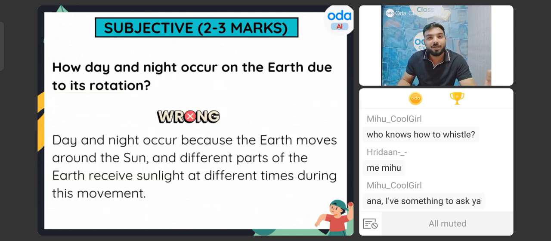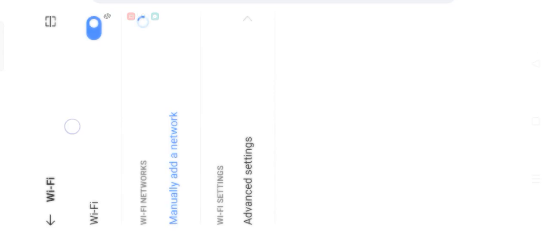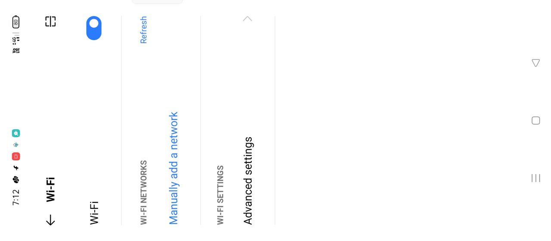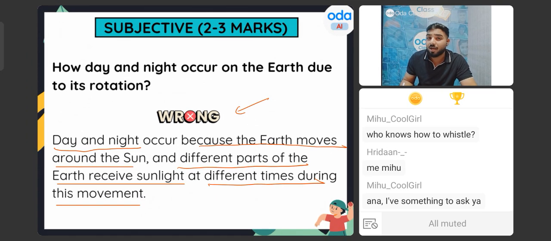So see, what commonly happens is that many students write like this. So this is the wrong approach, guys. देखो पहले. Day and night occur because the earth moves around the sun and different parts of the earth receive sunlight at different times during this movement. So students, this answer looks fine, but we can't say that this is very structured. Structure nahi hai isme, right? There is no structure. For that, guys, we have to write the answers in an effective manner. So remember,